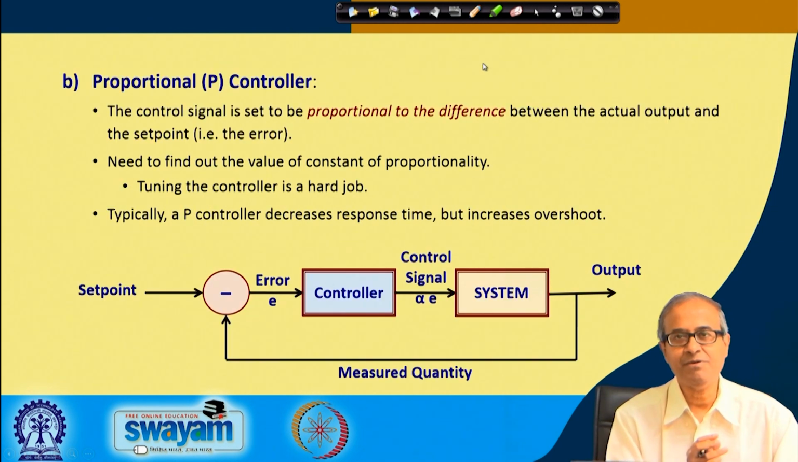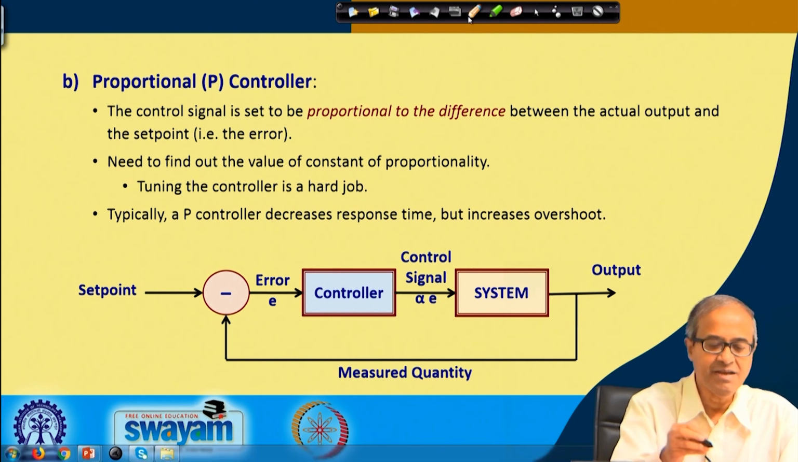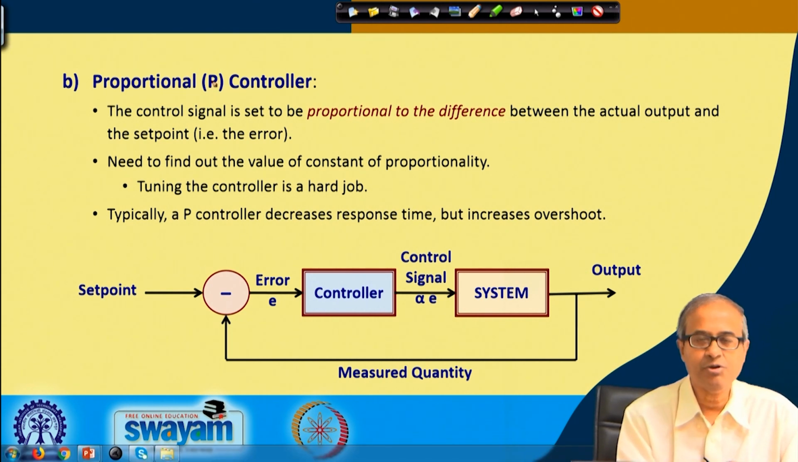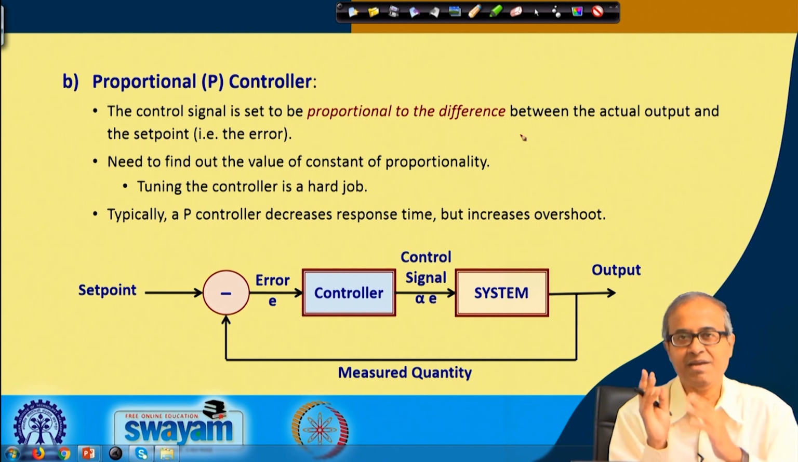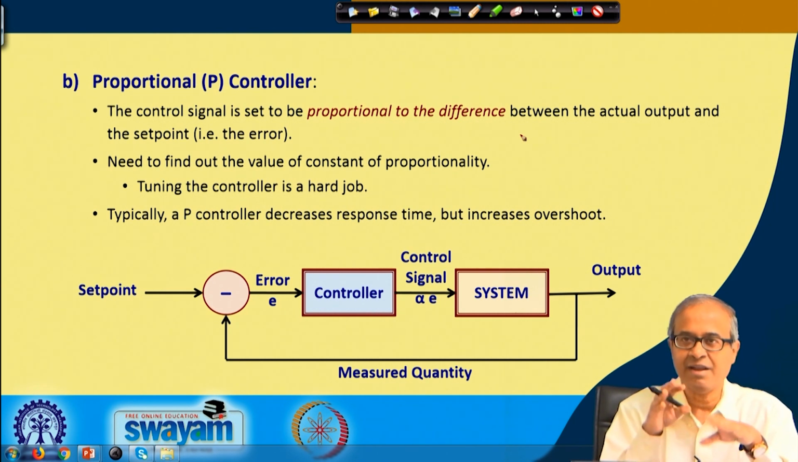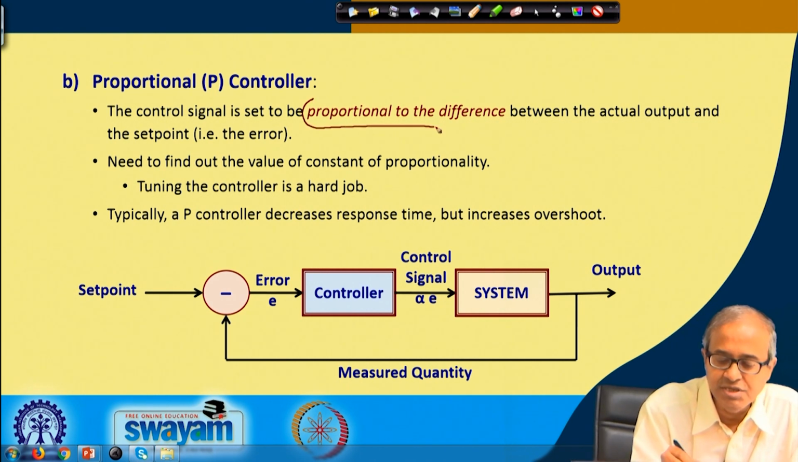So, you can have something which is slightly more sophisticated. Here you say I use something called a proportional controller called P controller. So, what does this do? Here my controller is not generating a digital signal, but is generating an analog signal. An analog signal is proportional to my error,